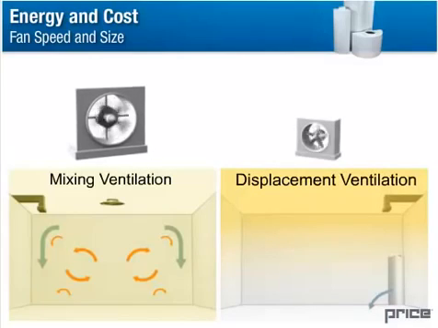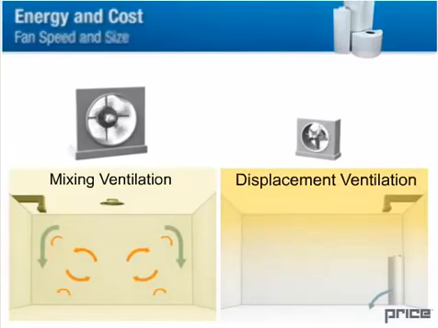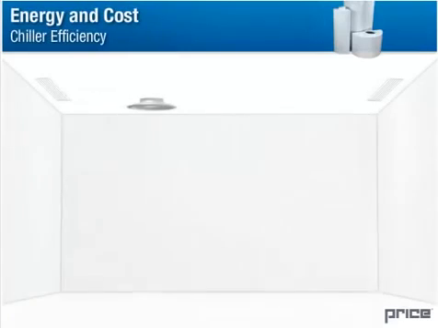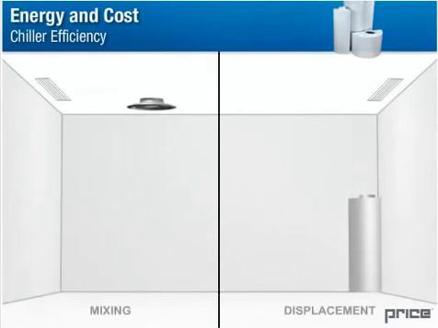As a result, there are smaller volume requirements placed on the system. In addition to this, the lower pressure and velocity of the supply air coupled with the reduced fan power greatly decrease energy consumption. Just as the supply air temperatures are higher in a displacement ventilation system, so too are the